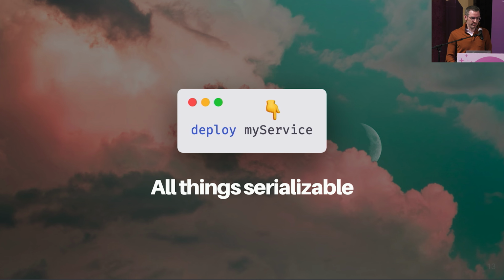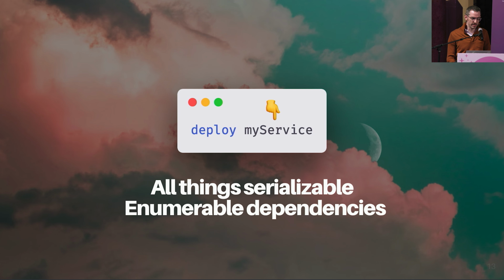But that's not quite enough, because my service can have dependencies, right? It could call other functions. And so the second requirement is we need to be able to, at runtime, enumerate the dependencies of my service. Because it's not good enough to just deploy my service, we also need to make sure all its dependencies get deployed as well.